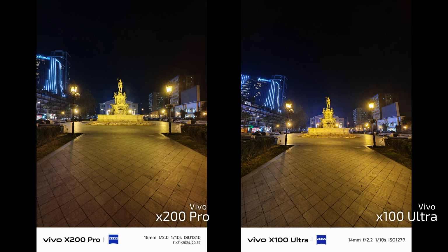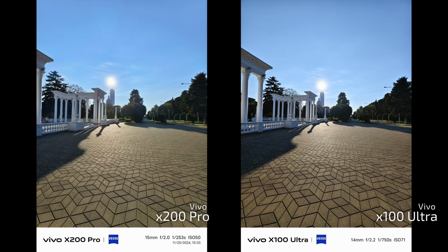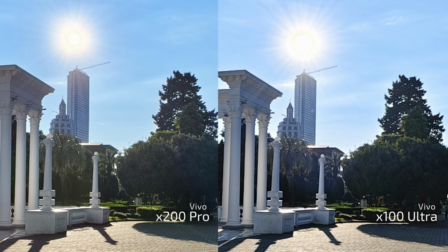Lenses are also a big downgrade. Ultrawide has less field of view with noticeable barrel distortion. That luckily can be corrected in the settings, but we lose even more field of view. And the most disappointing: instead of a 1-inch sensor, X200 Pro is using a smaller 1/1.3-inch one, and the image quality degradation is